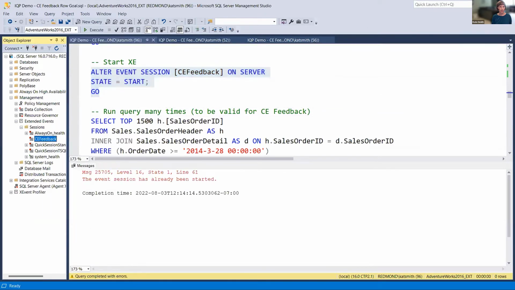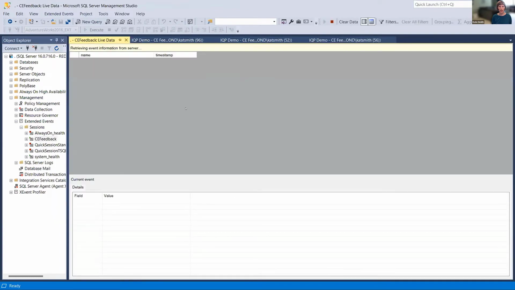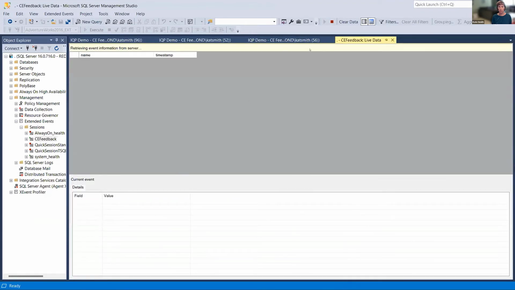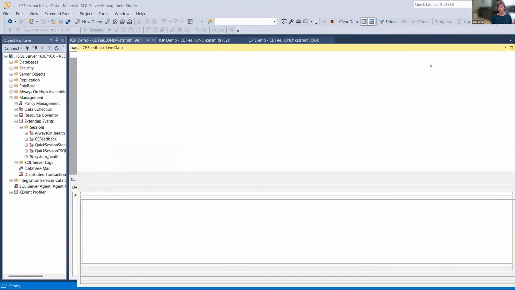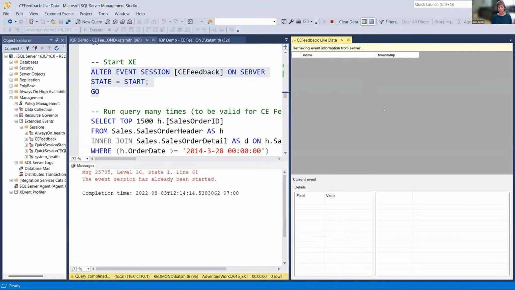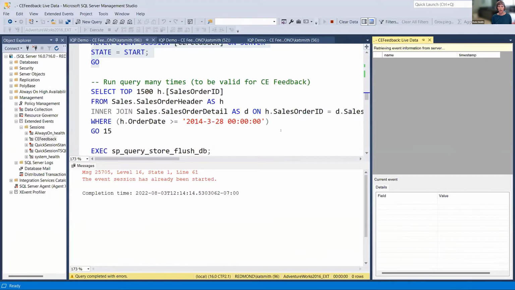Okay, let me refresh this here. There we go. And then we'll select watch live data, and I'm going to put it off to the side right now, and we'll drill in on that as events show up. So here I have a query